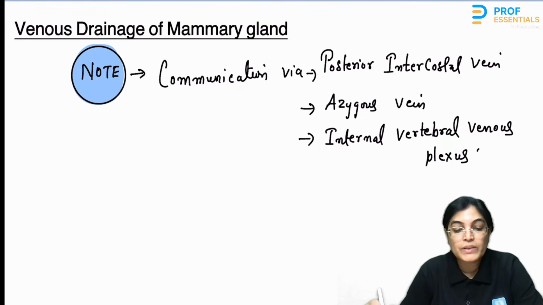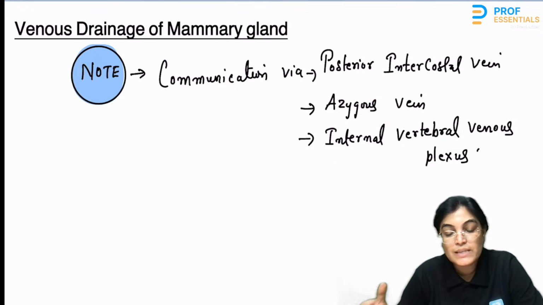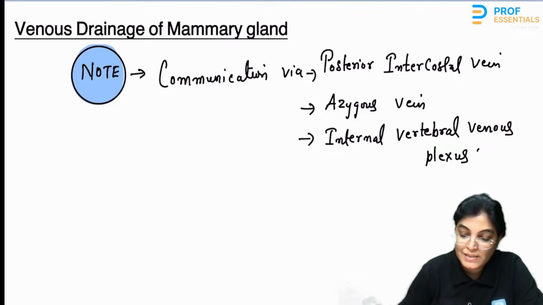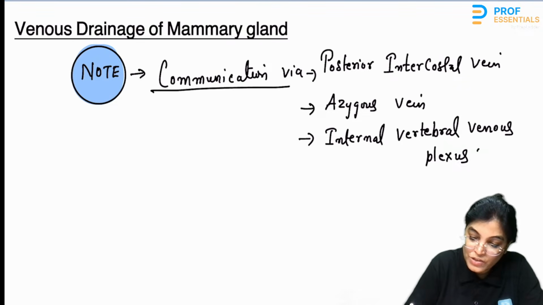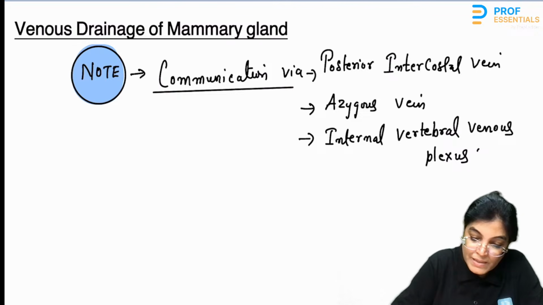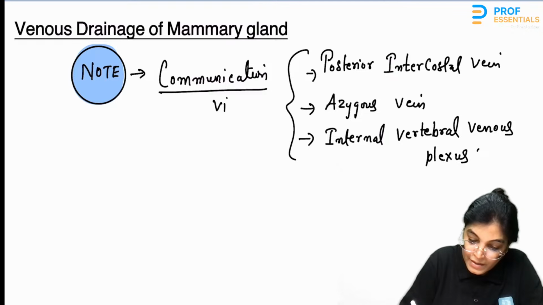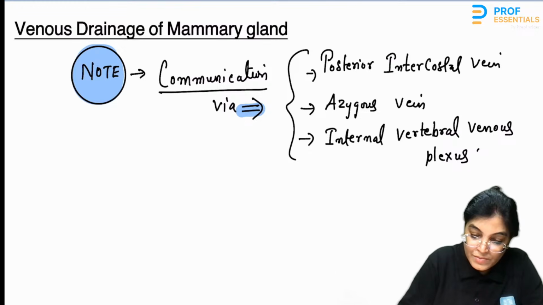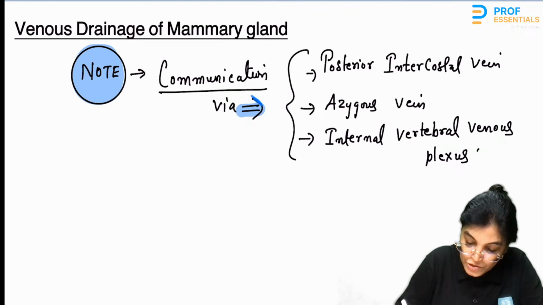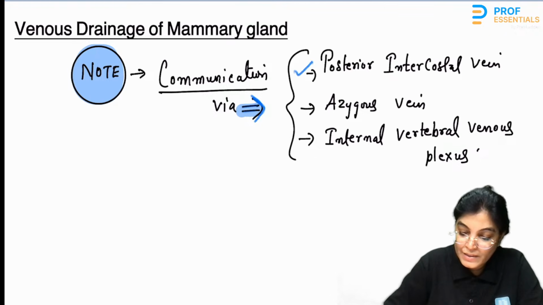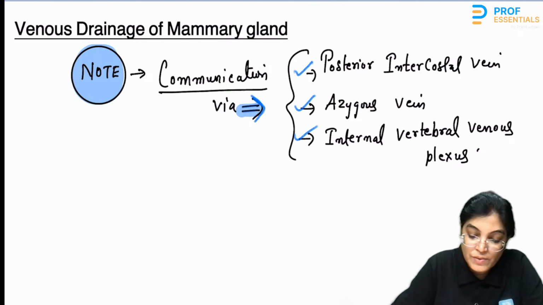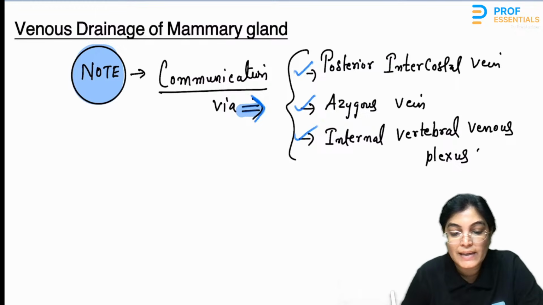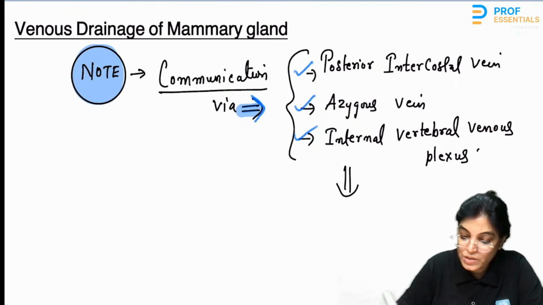These are communicating, and these will communicate with the transverse and sagittal sinuses. So basically, if I talk about the communication which is happening via these important veins, this will form communication to the transverse and